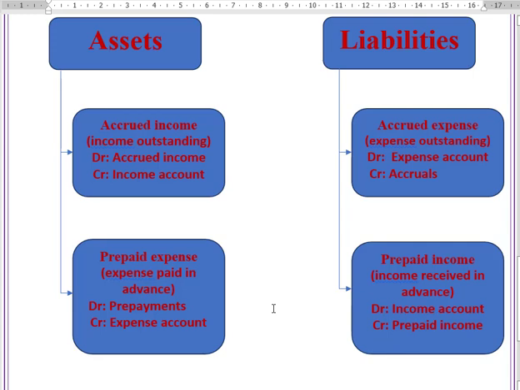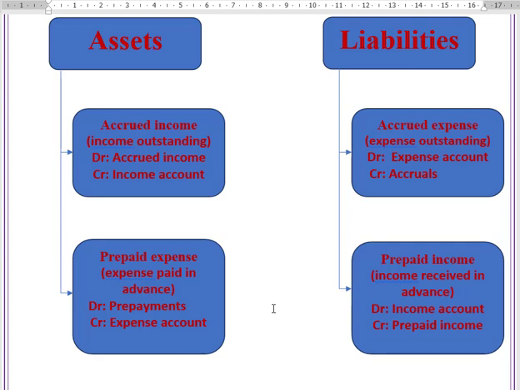We do have students that struggle with prepayments, accruals, prepaid income, prepaid expense. Hopefully, this flowchart helps you place where is what sitting in where, and that would also impact directly on your debit and your credit. Will I be debiting prepaid income? We're talking of when you are calculating a prepaid income at the end of the accounting period. Prepaid income, we expect to know it's a liability. So I'll credit it.